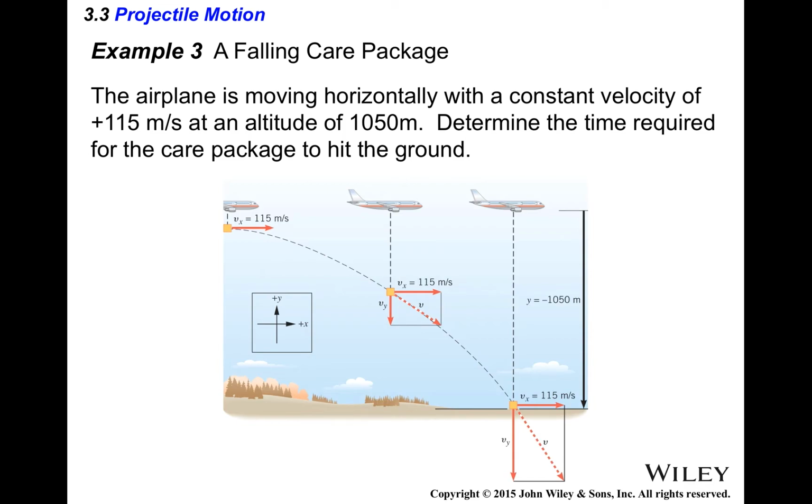Now notice, the airplane is flying in a nice horizontal motion at a constant velocity of positive 115 meters per second. So it's going 115 meters per second here, 115 meters per second here, 115 meters per second here. Guess what? The care package that it's dropping here from 1,000 meters in the air,